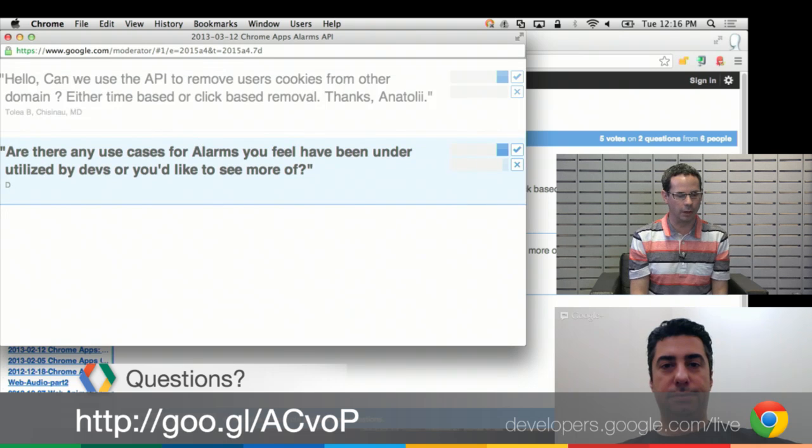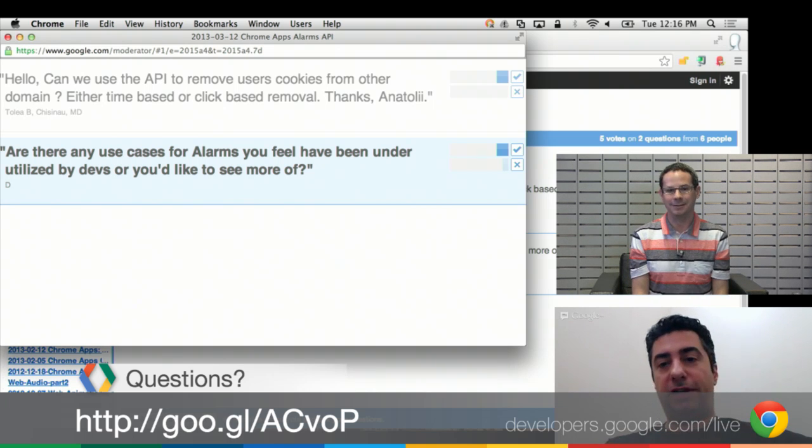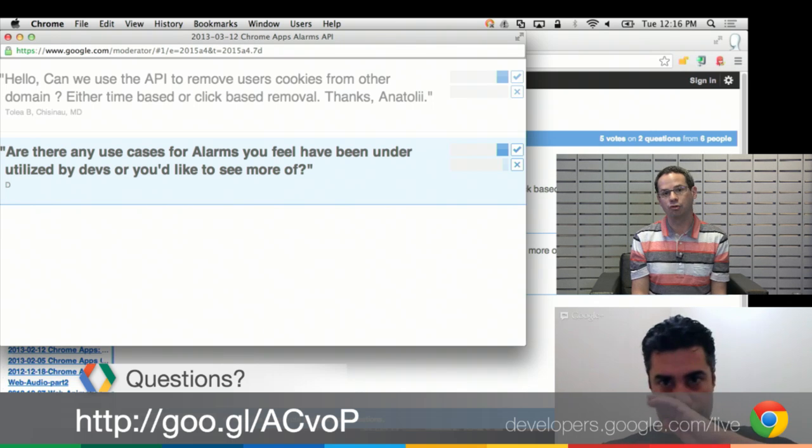So the second question here: are there any use cases for alarms that you feel have been underutilized for developers, or that you'd like to see more of? To be honest, I don't think we've seen many uses of this API yet. Well, it's still relatively new. Exactly. And we're actually kind of excited to see how it gets used. There are some pretty usual suspect use cases, but I'm excited to see what comes along that I hadn't thought of. Yeah, so the main things that come to mind for me are things like caching and